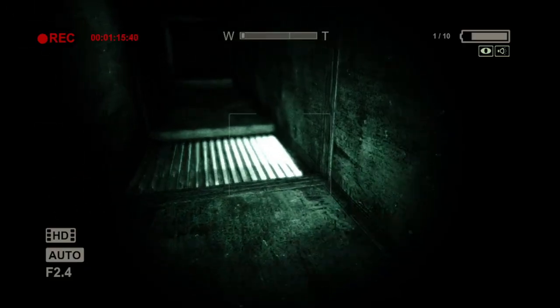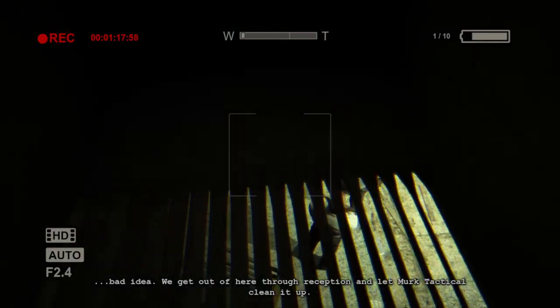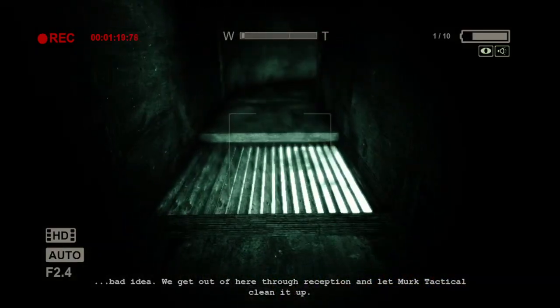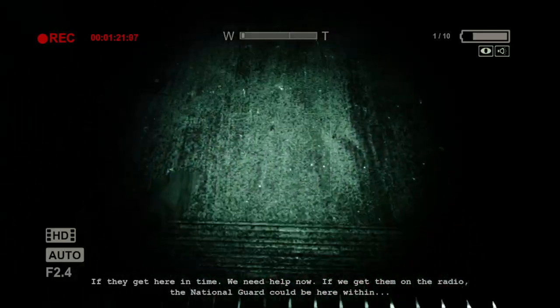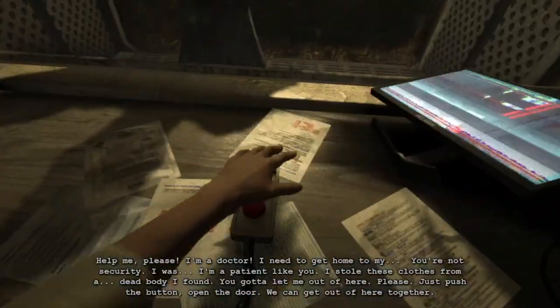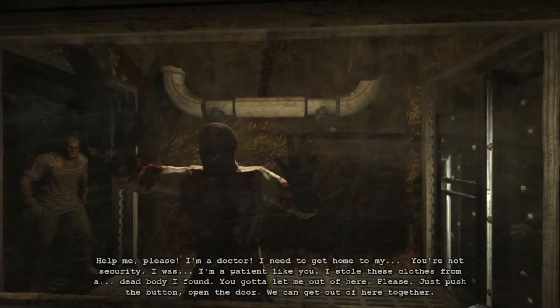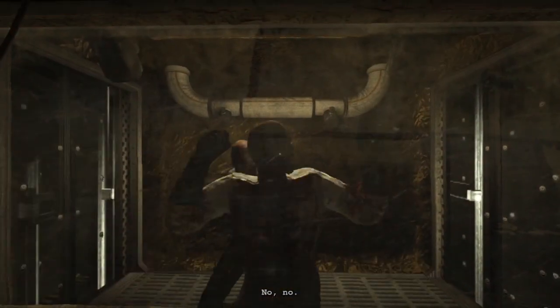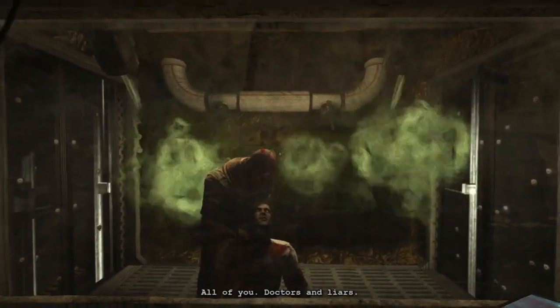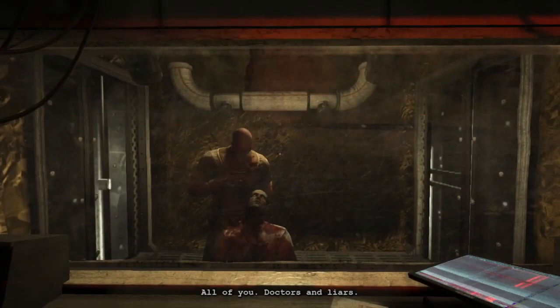Climbing our way up a vent, we actually hear 2 Murkoff employees talking about how they can escape, and we overhear them saying that there is a 2-way radio to contact for help, so that's our next goal. Finding a button, we press it so that we can get through. Sadly, this doctor runs into a variant, and he gets what he deserves for torturing all these people.